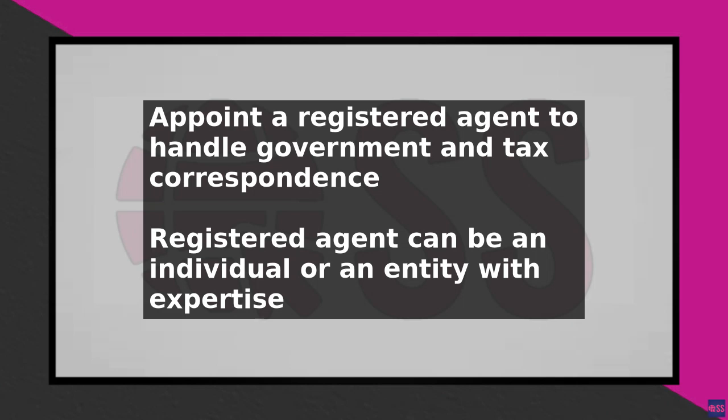Once a registered agent is appointed, the next step is to file the Articles of Organization, which includes basic information about the LLC, such as its name, address, and purpose. The Articles of Organization can be found on the South Carolina official website, and a state filing fee of $110